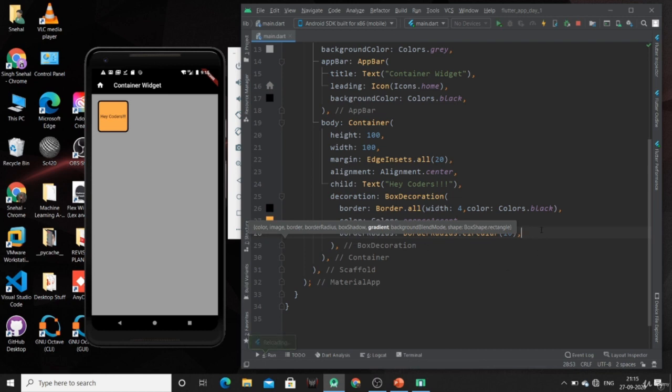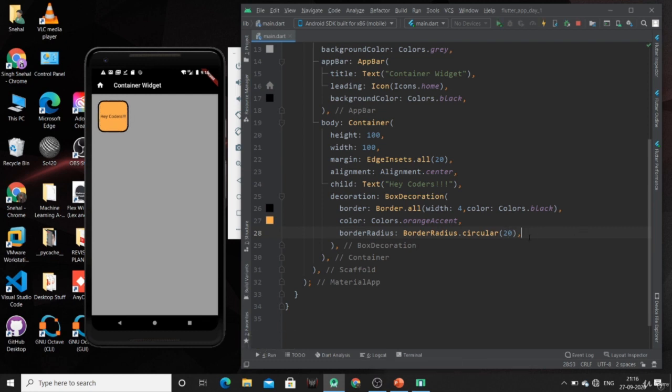I have used a radius of 10, so 10 radius is given. If you want your container to be of circular shape, then you can specify the radius to be 50. Then you can have one circle container. You can change the radius of the border according to your requirement.